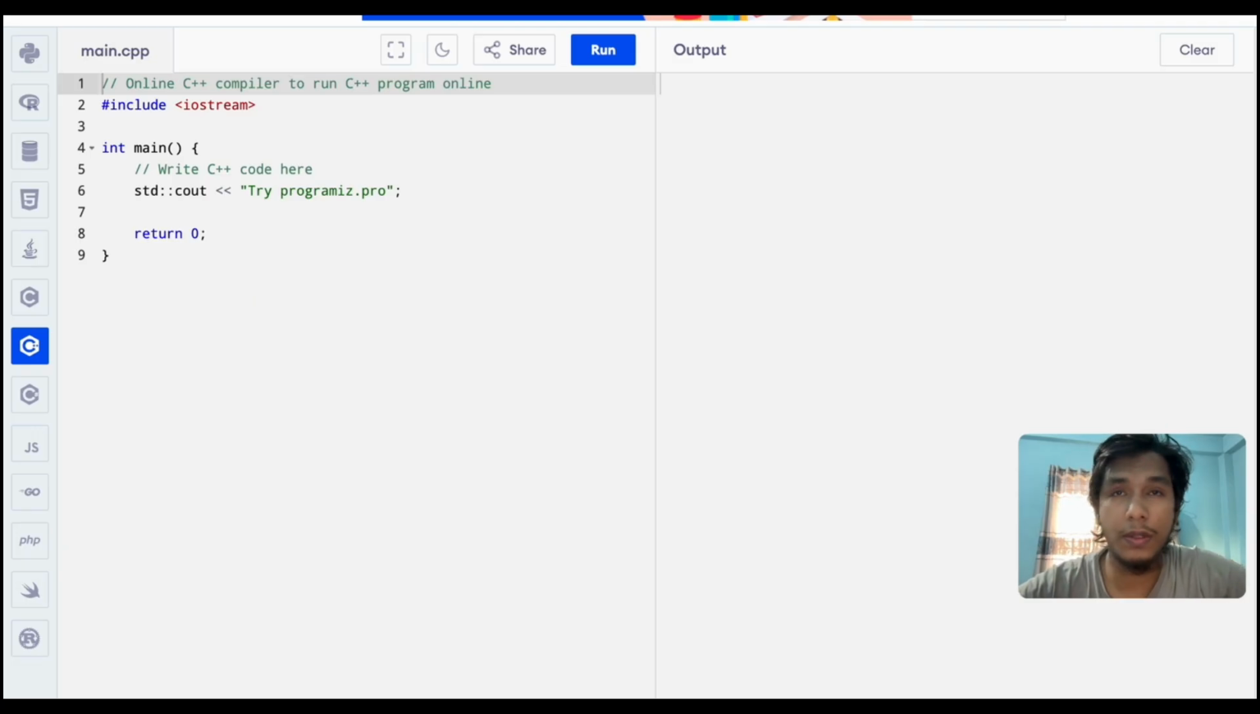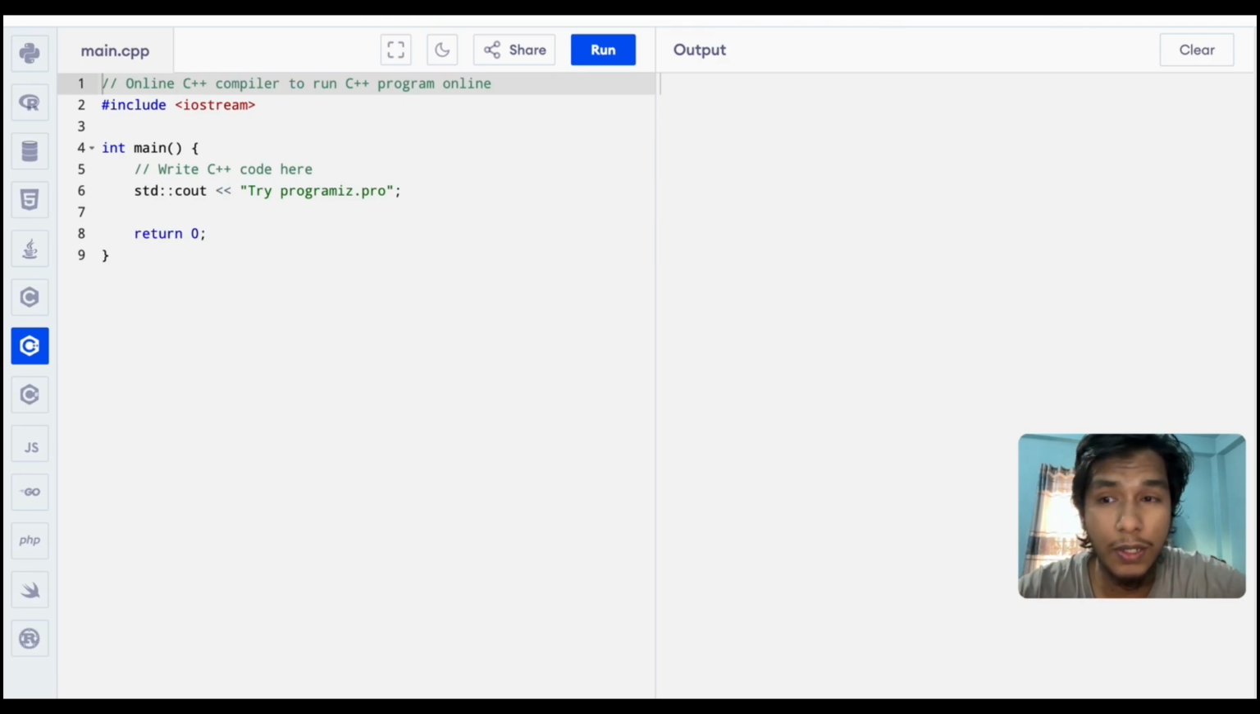Okay, let's learn what is the use of loop. In programming, loops are used to repeat a block of code. For example, if we want to print 1 to 100, let's say in the traditional way,